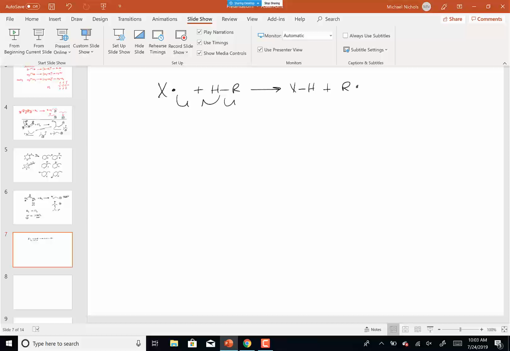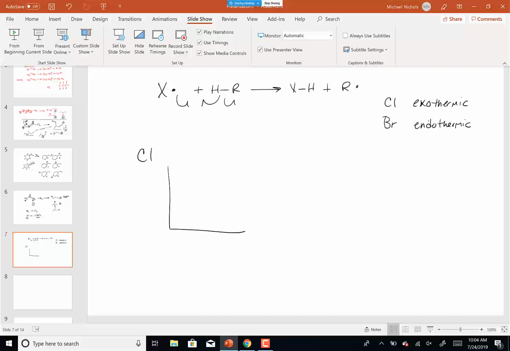Now, let's talk about the role of the stability of the radical in this reaction. But in order to do that, I'm also going to have to talk about the difference between chlorine and bromine. So when this reaction is chlorine, this step is exothermic, whereas when this step is bromine, this step is endothermic, which basically means that when I'm using chlorine,